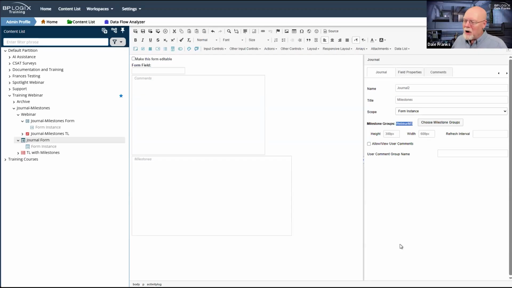I think I know now what my configuration problem was. I think because I set it to process is where it was all going wrong. So I think I had the scope wrong on that one. This one, I kept it set to form instance and it works. So I think the problem with my other form is the scope. I think we can test that real quick to be sure, but I think I set the wrong scope there.